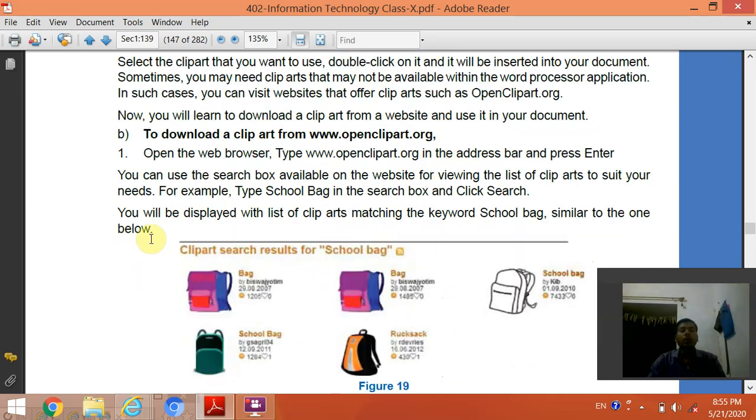Next topic is to download a clip art from www.openclipart.org. These are the websites where you can get new clip art pictures if you want. Then open a web browser, type the address www.clipart.org in the address bar and press the enter key.